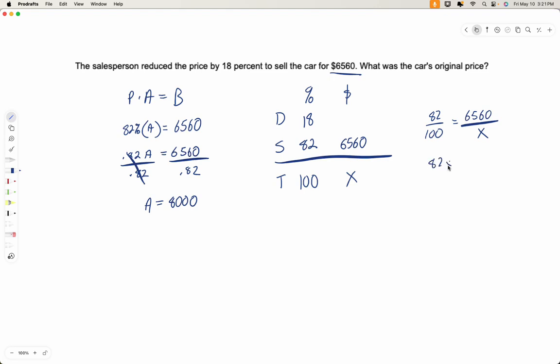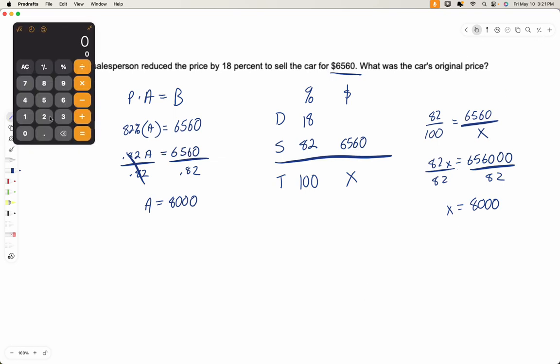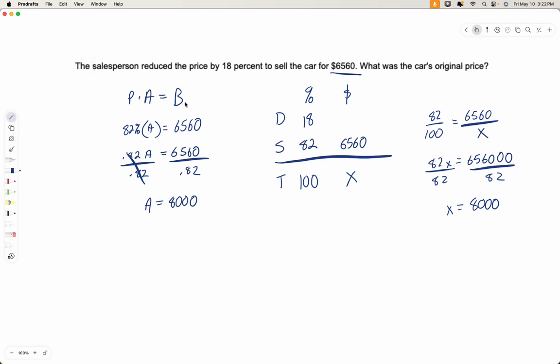So 82x is equal to 6560 times 100. So we add 2 more zeros to it. Divide both sides by 82. Guess what? X is still 8,000. If you don't trust me, I'll go ahead and do it. 6560 times 100, divided by 82 is 8,000. So either way works. You can use the percent times a number equals another number, or you can use your